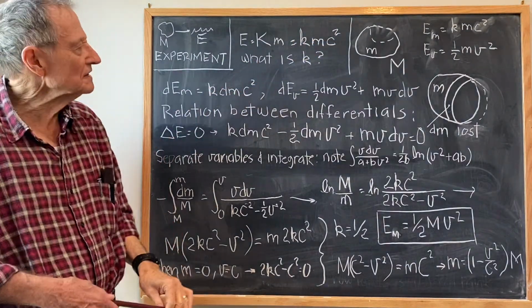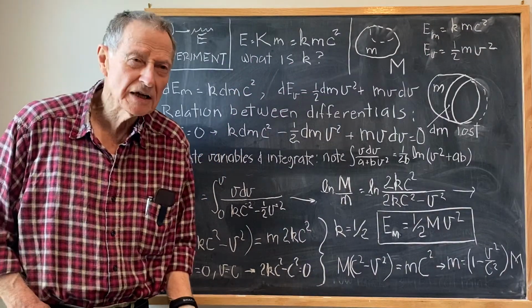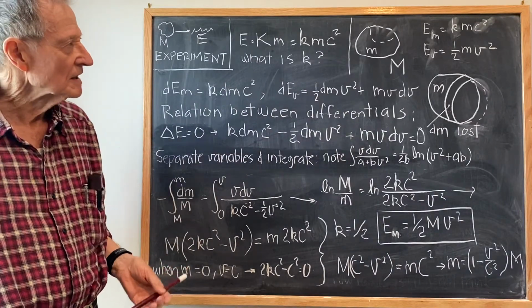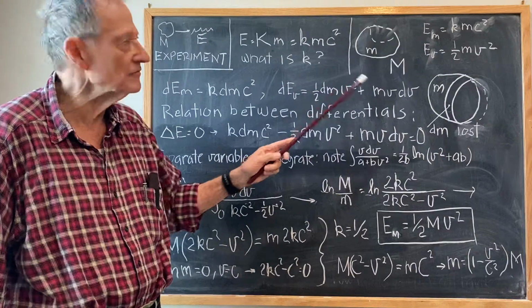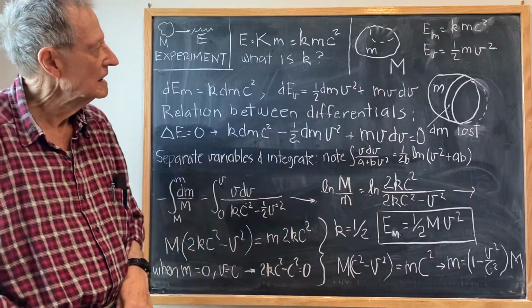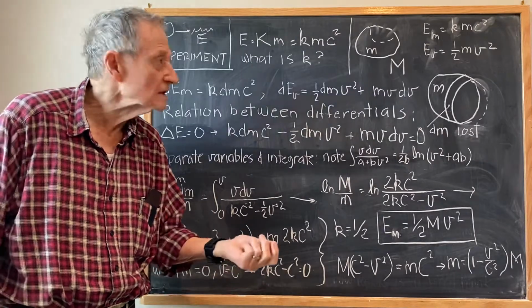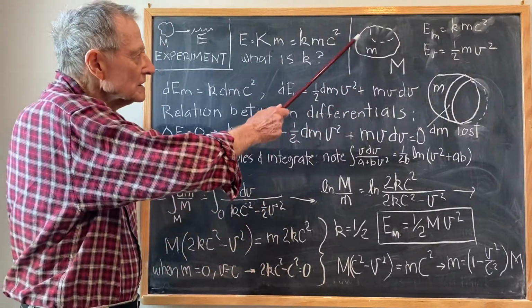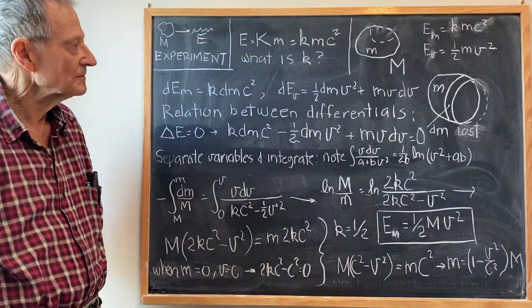But that still leaves us with the question of what is K, and I'm going to try to evaluate that by some elementary considerations. So the model I'm using is a particle of mass M, and after a certain time into the disintegration, m remains and M minus m, this portion here, has been disintegrated. Now,